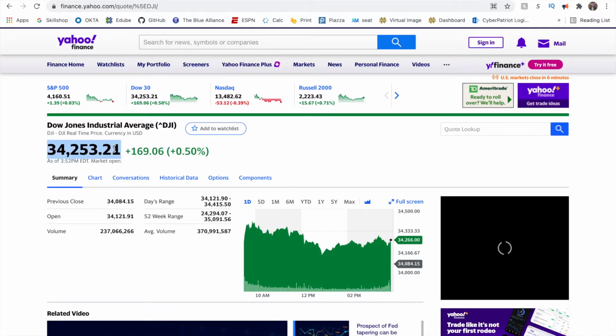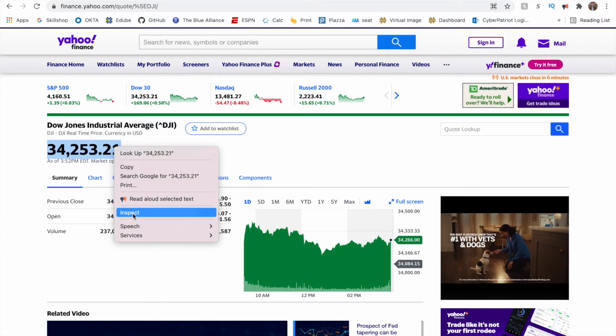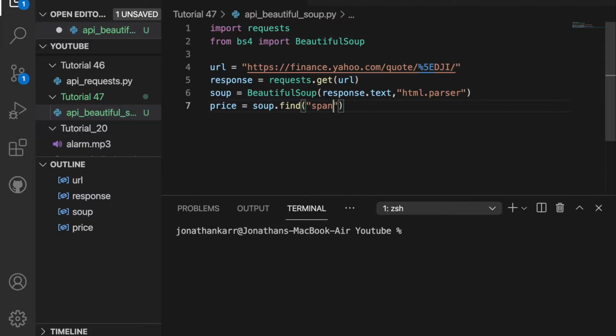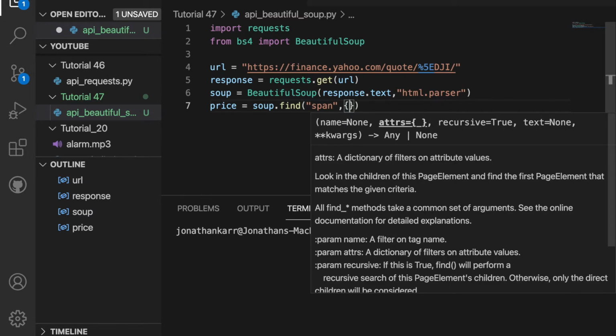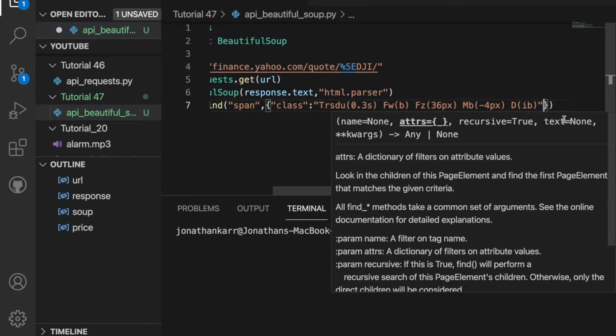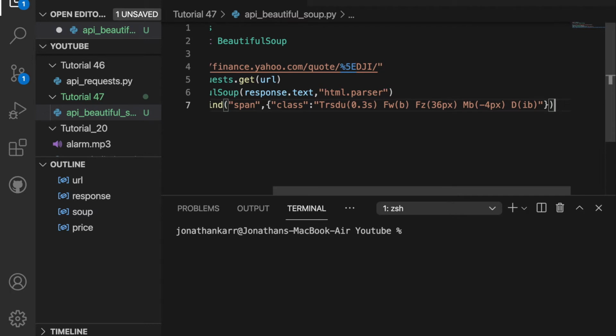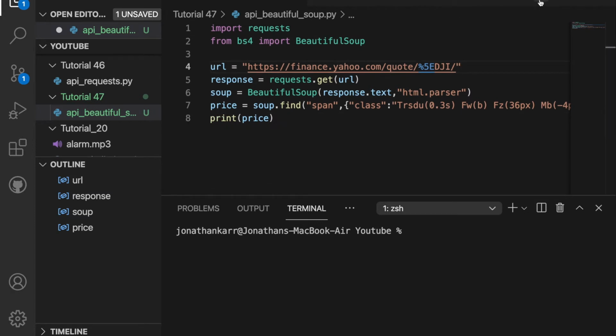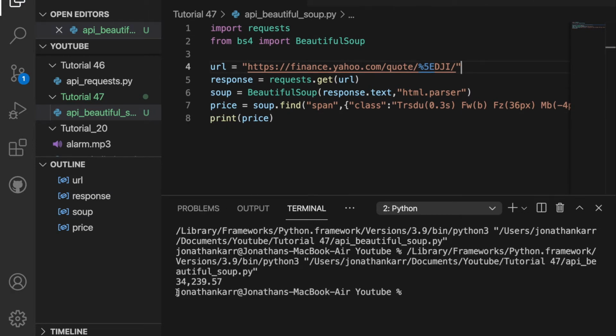So then when I go back to Yahoo Finance, I'll right click and inspect element, and then when I do this, I see it says span, then I see this long class. So I'm going to copy the class, and then when I go back to Visual Studio Code, I'm going to say span because it said span. Then it also had a class. So I'm going to do class, then I'm going to pass in the class that I found. Then at the end, I'll do dot text because I want to get the text from it. Then I can finally print the price and see the current Dow Jones is